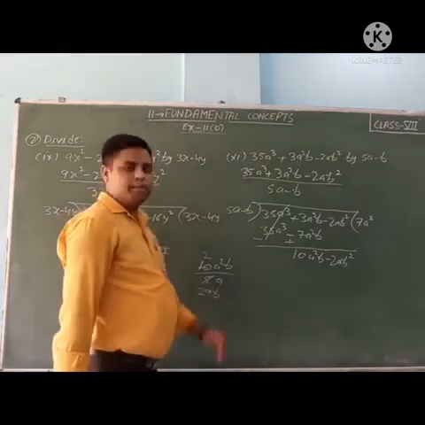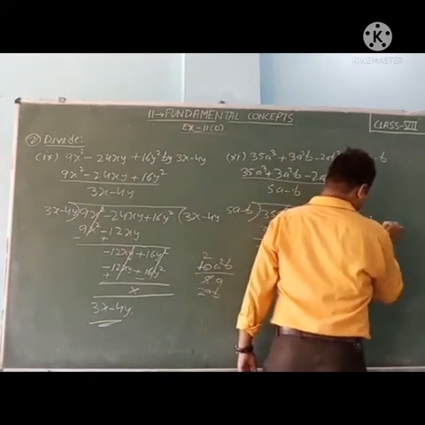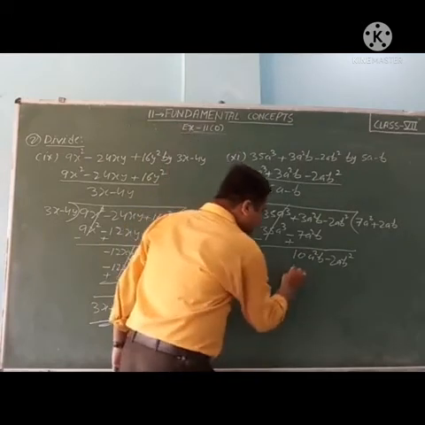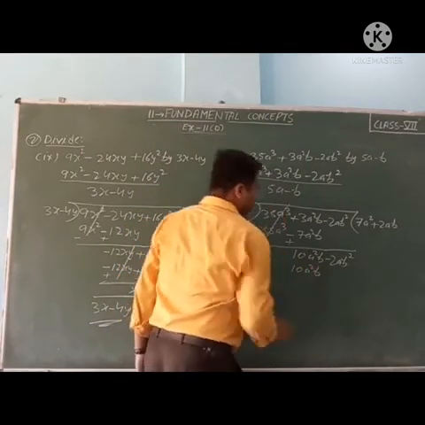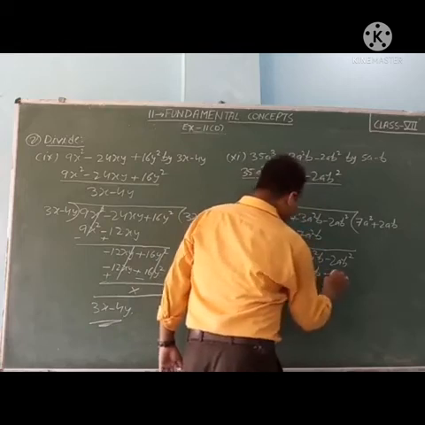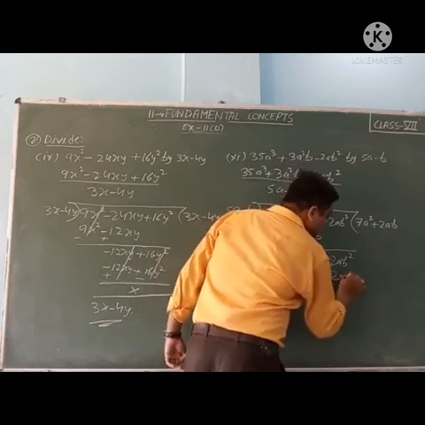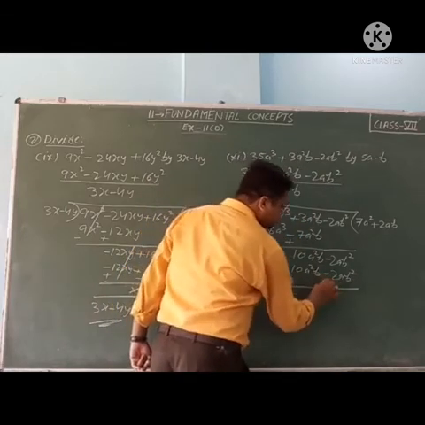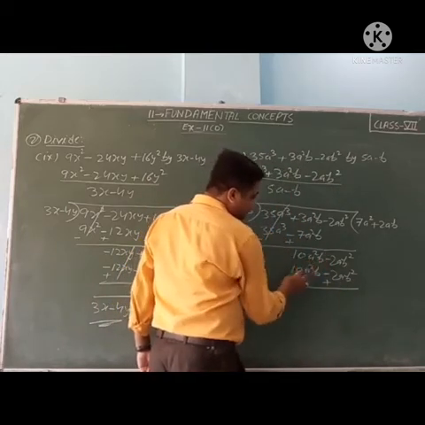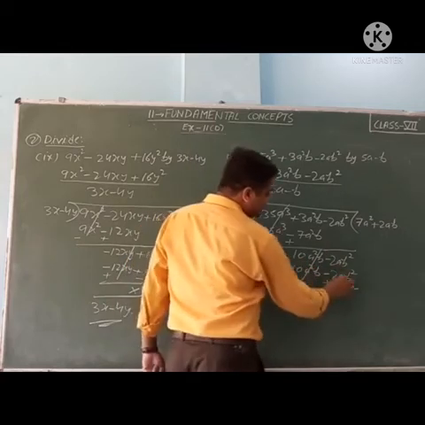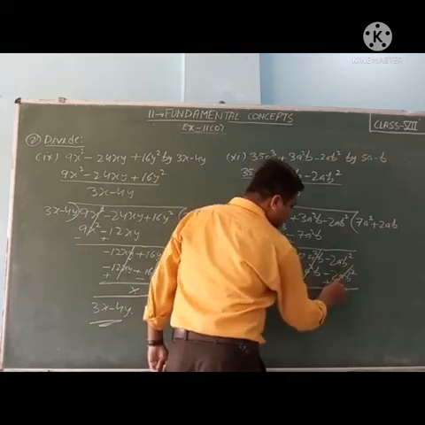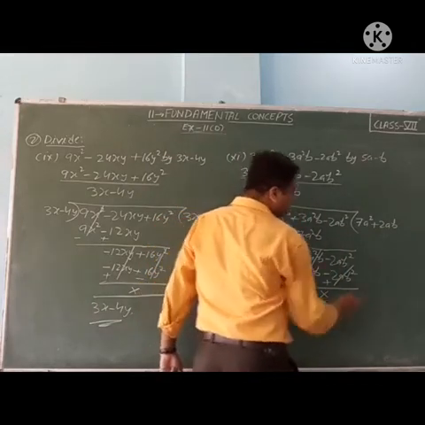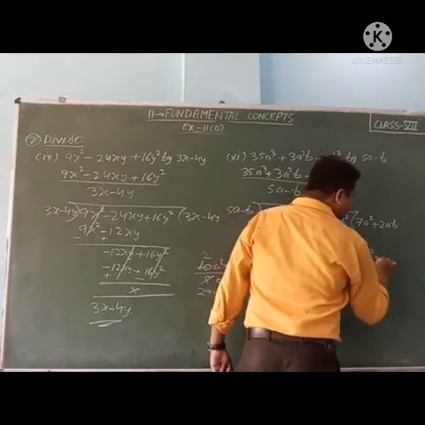So by 2ab we have to multiply. So plus 2ab. So 5 twos are 10a square b. Then minus plus minus 2ab square. Change the sign. Plus changes to minus, minus changes to plus. So 10a square b minus 10a square b cancel. Minus 2ab square plus 2ab square cancel. No other term, so the solution is completed. So the answer is 7a square plus 2ab.